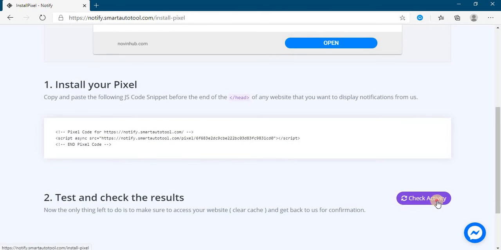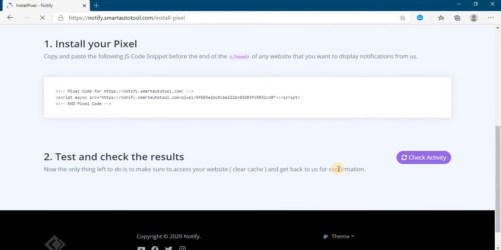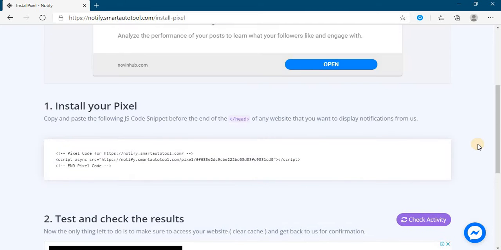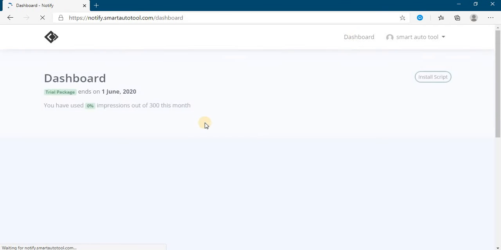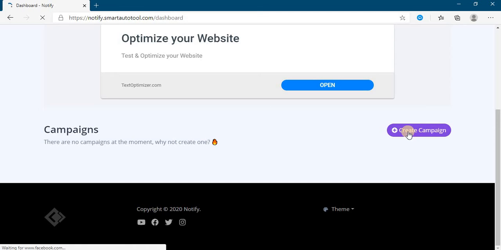Okay, now click on check activity. You have to wait some time. It will take some time, so we start creating a new campaign. Go to dashboard, start create campaign,